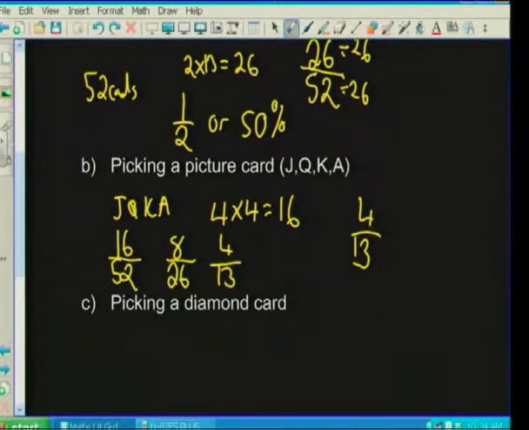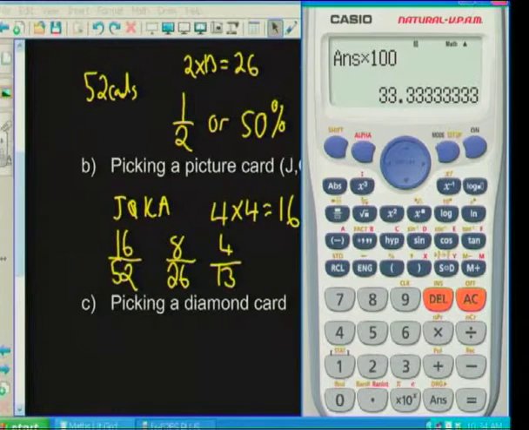But in most cases we'd probably want the percentage, and to work out the percentage here we'd need to go and work out the percentage on our calculator. So let's call up our calculator and let's do a calculation to see what 4 out of 13 is as a percentage. Well, you'll type 4 on your calculator and divide it by 13. That gives you the fraction, which you can see over there, which you can convert to decimal. And if they'd asked you for a decimal, you could say 0.307, or if you wanted to round it off, 0.308. But to turn that into a percentage, I must take this answer and multiply it by 100. So we'll multiply by 100, and we get an answer of